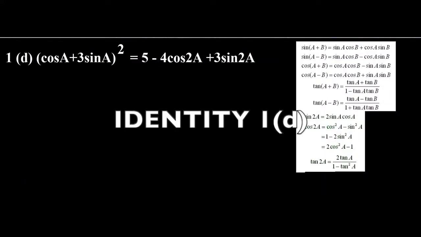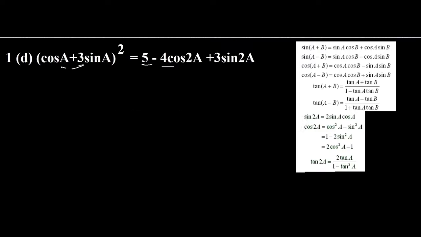This identity looks a little complex because there are big numbers involved, 3, 5, 4, right? And the angles don't match. So in such a case, we know that cos a plus 3 sine a cannot give us a single trigonometric ratio. So best is we expand the LHS first. So let's expand this. The expansion of (cos a plus 3 sine a) square will be cos square a plus 9 sine square a plus 6 cos a